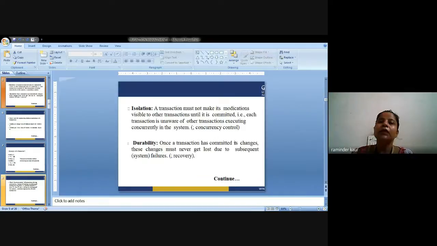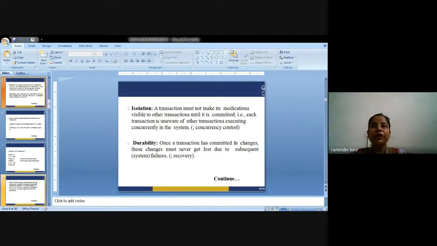Abort means the transaction has been rolled back and it has to be restored to the previous state, that is the start of the transaction. Now abort has two meanings, either to kill the transaction or to restart the transaction. Kill the transaction if there is an internal error, restart if the error occurs due to hardware or software failure. Internal error means an error that happens during the process of execution.